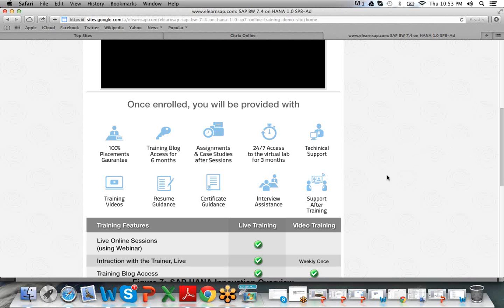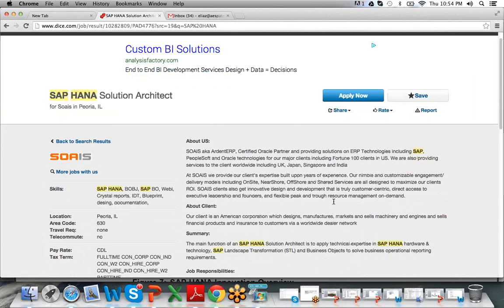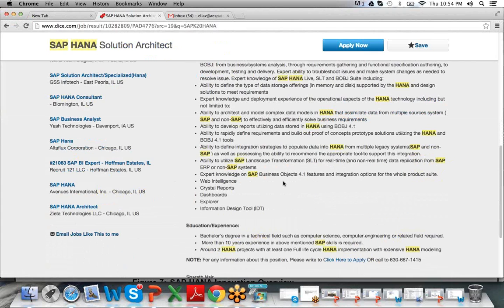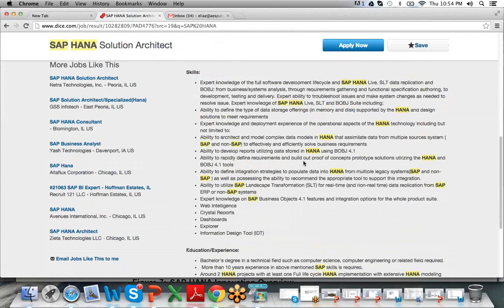Yes, there are so many clients who are using SAP HANA for big data projects. SAP HANA is one of the solutions for big data. So this is nothing but a HANA big data project. Whenever a client is using SAP HANA as big data,